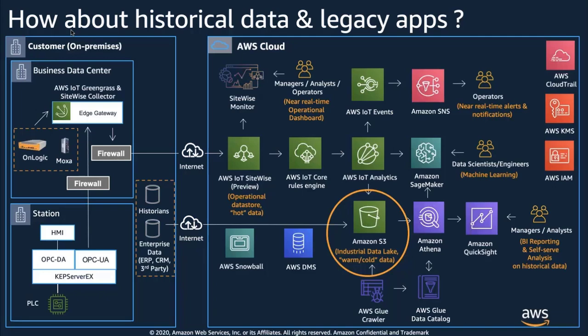And you can use AWS tools like AWS Snowball for really large volumes of data, especially let's say if you have multiple industrial sites, you need to bring terabytes of data in your first cloud migration. So you'll be using a tool like Snowball. And then AWS DMS is more of a database replication software. So if you have a lot of on-premises databases, which you cannot necessarily just remove and move to cloud, all you'll do is set up a replication job using AWS DMS service, and it will bring the